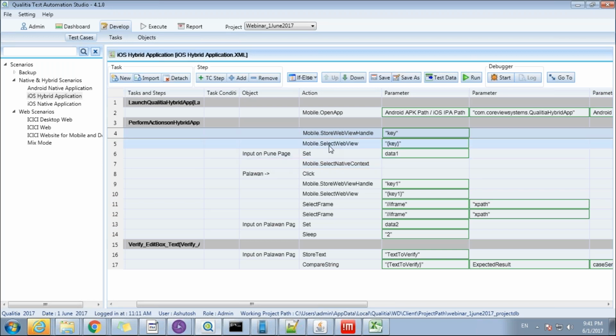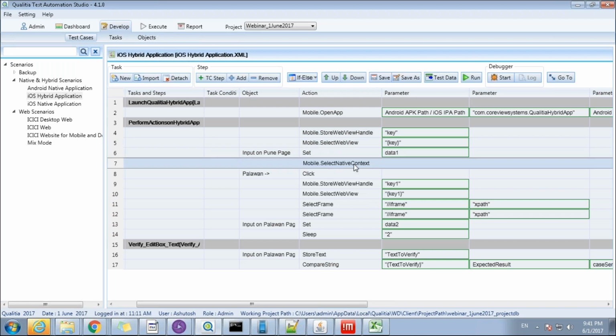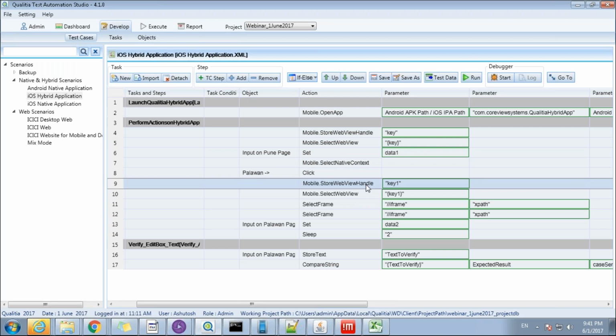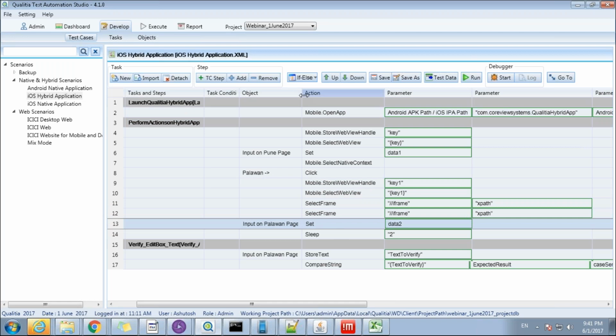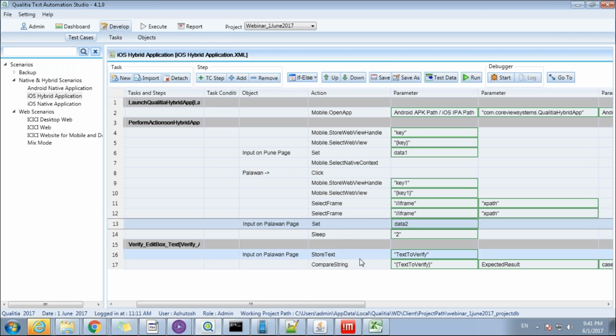Inside that, we have one control for which we are setting a value. Then we are switching to the native context and clicking a native context button. Then coming to the next page, we are again changing the web view and getting the handle of the new web view that is present on this second page. And on that second page in that web view, we have two frames.